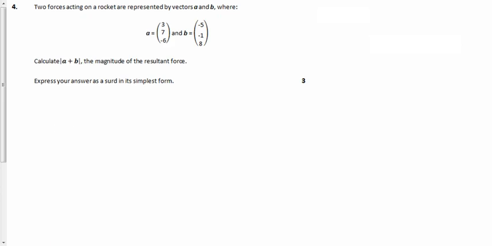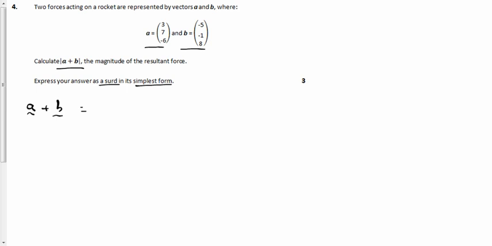A 3D vectors question next. So we've got two forces acting on a rocket, represented by vector A and vector B. And then it says to calculate the magnitude of A plus B. It also says to leave your answer as a surd in its simplest form. So, the resultant vector, A plus B,